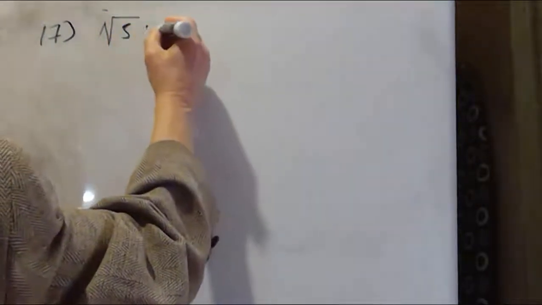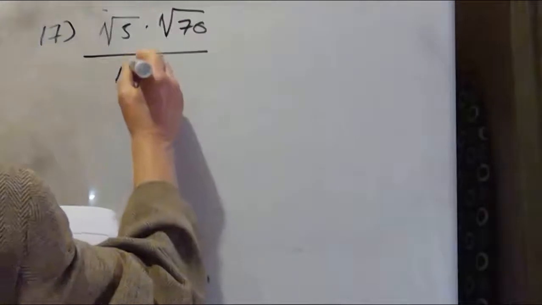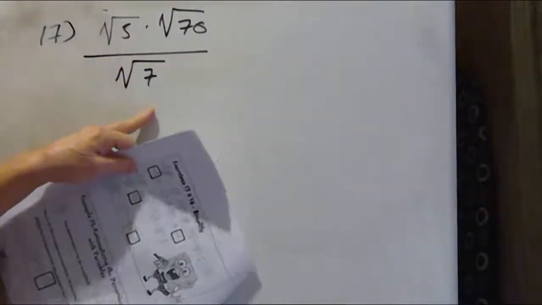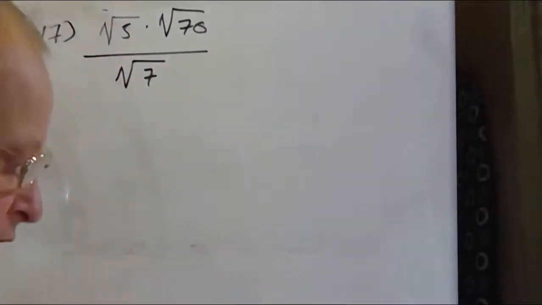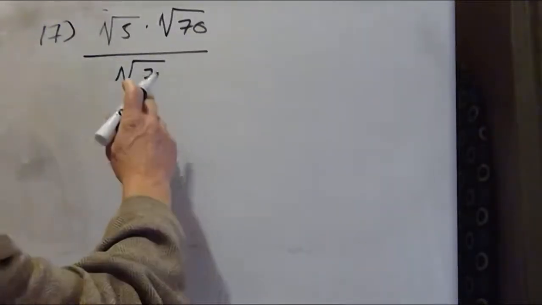Now, of course, you can do it using rationalizing the denominator. So we have square root of 5 times square root of 70, all over square root of 7. Now, of course, because we have a square root of 7 in the denominator, you can rationalize the denominator, and eventually, you'll get the right answer. But there's a lot easier way to do it without even bothering to rationalize the denominator, because if you see,